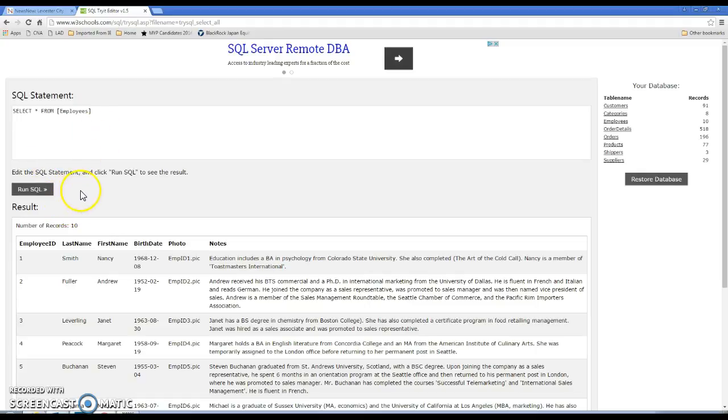You can change more than one thing, so I'll just do the same thing again. Imagine Andrew Fuller is going to change to Joe Bloggs. I'm just going to run an update query for that. So update